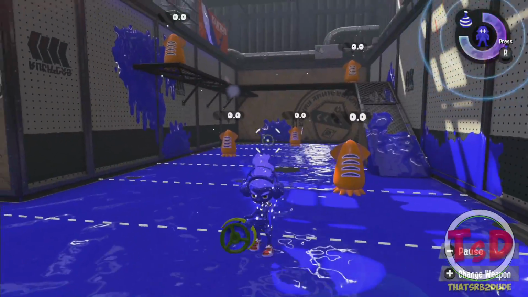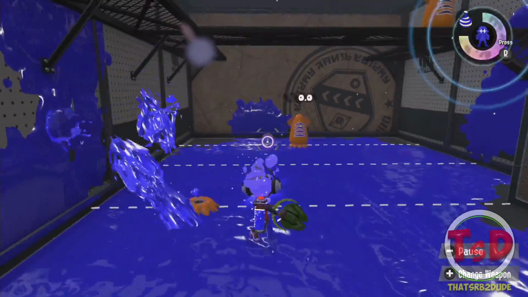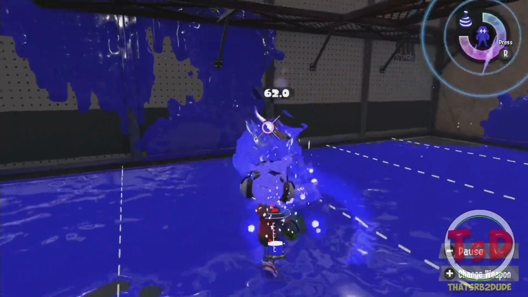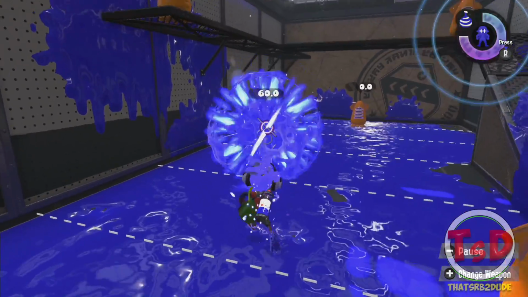The only thing that matters with the Tri Slosher is your accuracy. If your accuracy is amazing, then you're going to do amazing with the Tri Slosher, because all you need to do is have your crosshair a little bit around your enemy target, and they will die within 2 sloshes. Another thing I must add on is that you also get a burst bomb with this,